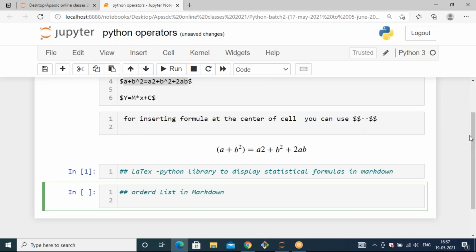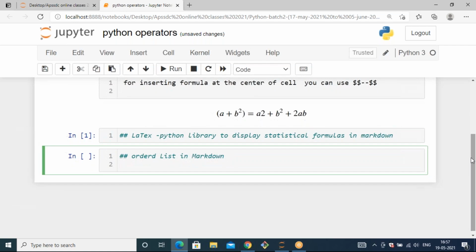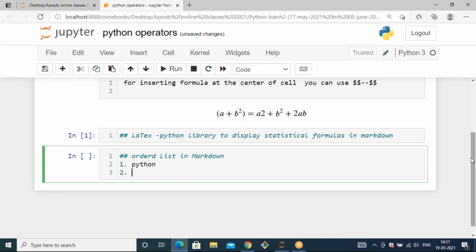So ordered list means whatever data you have passed should be followed by order. For that, you can mention numbers. So I'm just passing one dot. You can mention anything, so I'm going to mention Python. You can take any kind of random text. It's not mandatory, but you have to see the syntax: after one there is a dot, there is a space. After two dot there is a space. So try to pass anything, whatever you want.